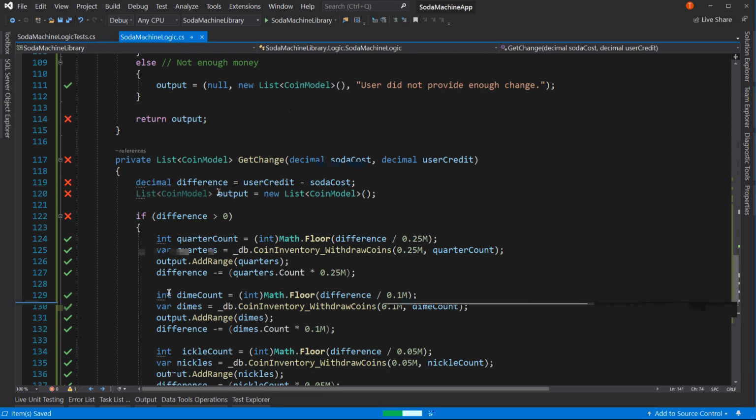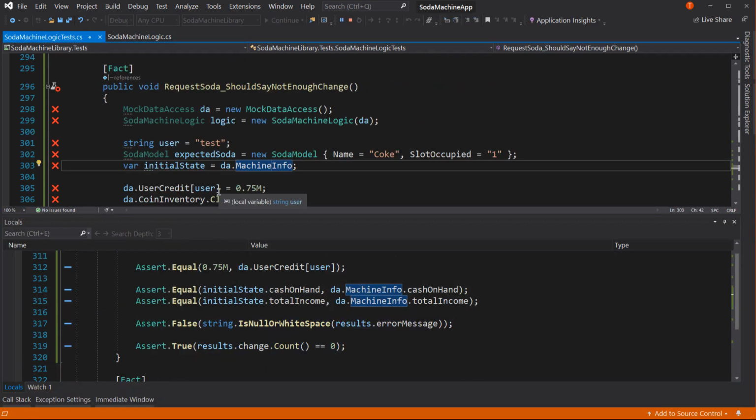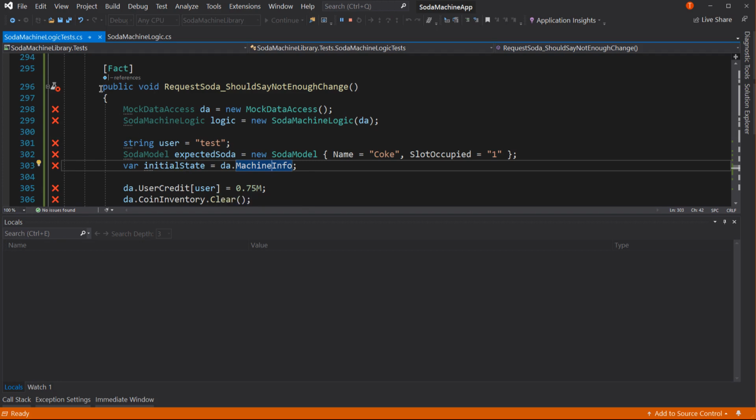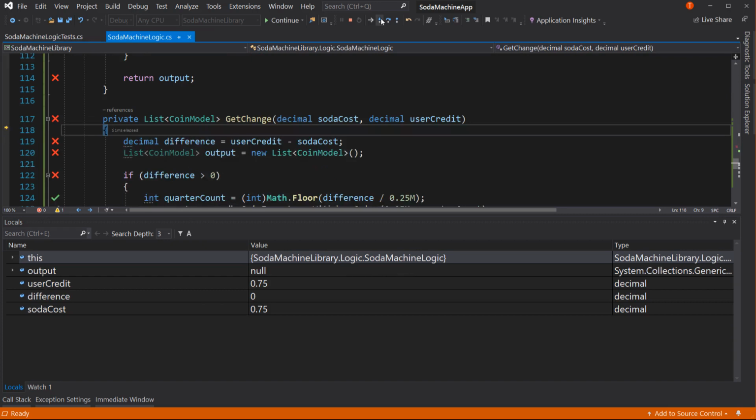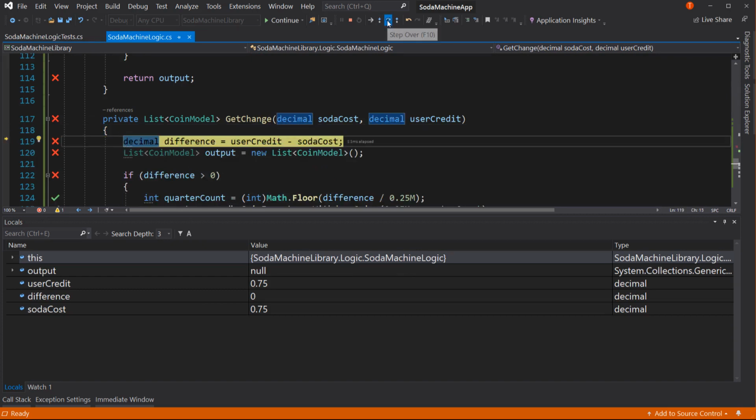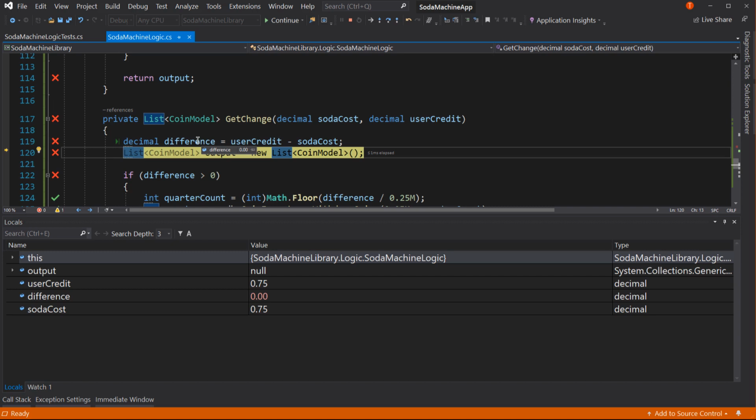Debug this test. So we'll run just this test and debug it and see what happens. And it should be that it hits that breakpoint. We can see the values. So let's step into this. And we're going to get the change. So we will step over. The difference is going to be,